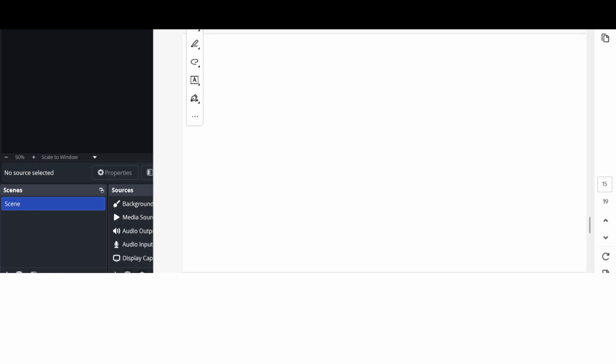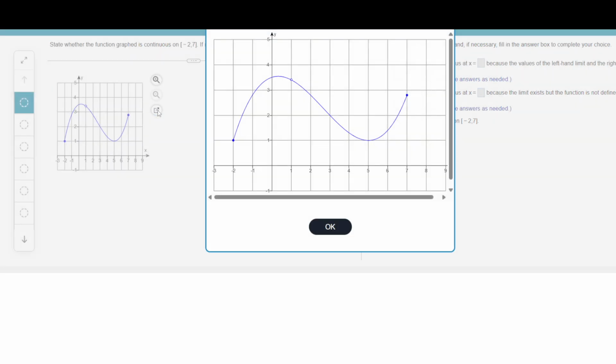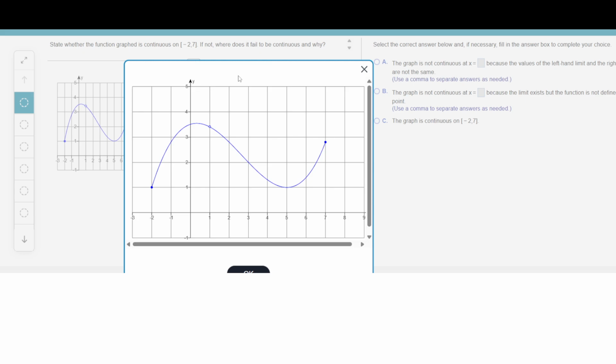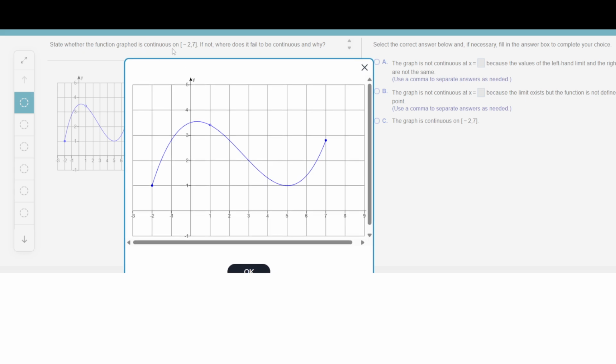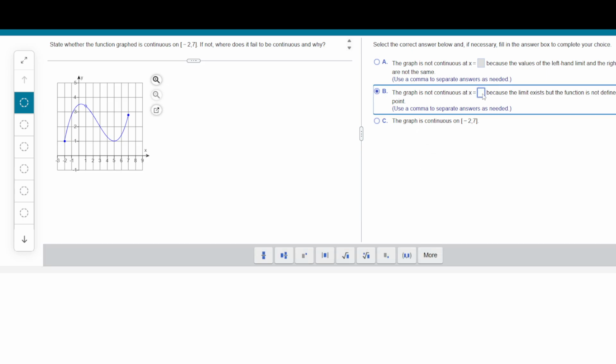Okay, let's look at some examples. Question number 1. This is the graph you have been given, and you just have to state whether the function graph is continuous on [-2, 7]. When you look at the graph here, you see there is a hole at +1, so this is not continuous at +1 because the limit exists, but the function is not defined